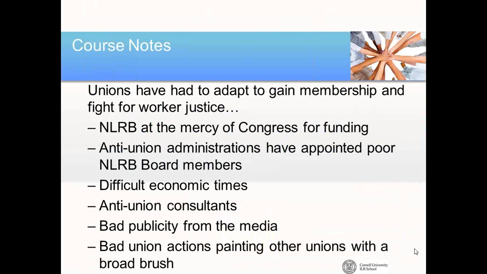Either way, unions get painted with this broad brush whenever there is a bad campaign that went really badly, that gets reported, especially if it's a larger national campaign. That gets reported by the media as, oh, the union's lost another one against employer X or Y. And people, without knowing the details, just hear that headline or read that headline and believe, well, geez, maybe